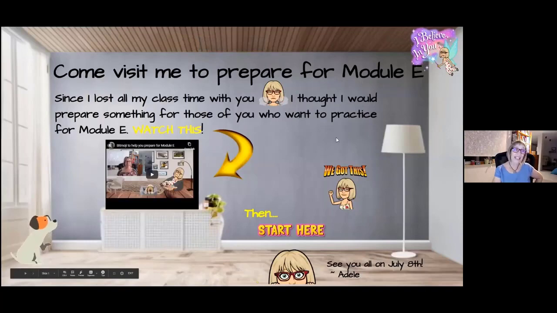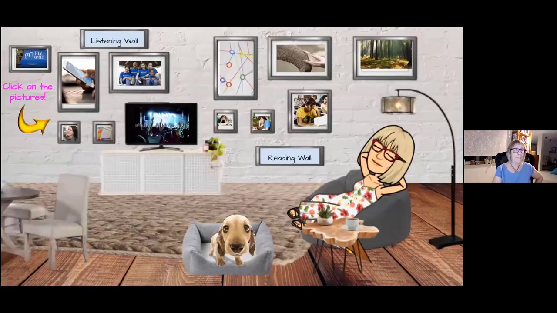And this is a Bitmoji choice board. And it's got all the different options in here. And if you want to learn how to make this, you will sign up for the choice board course that